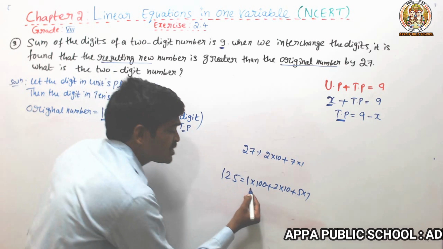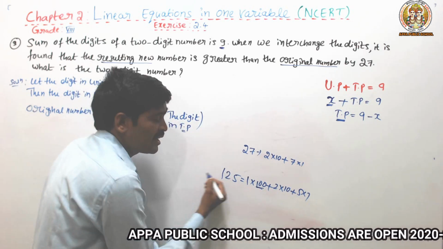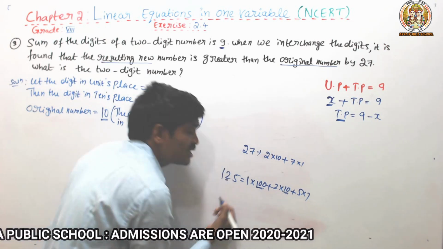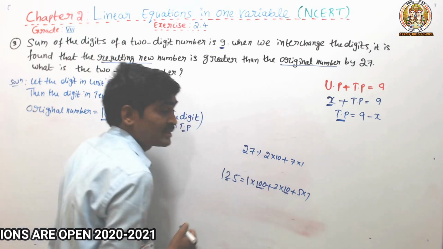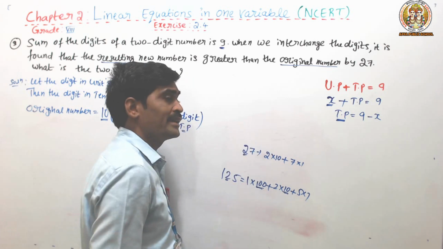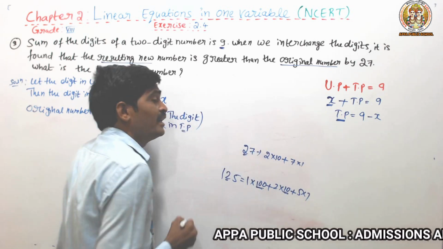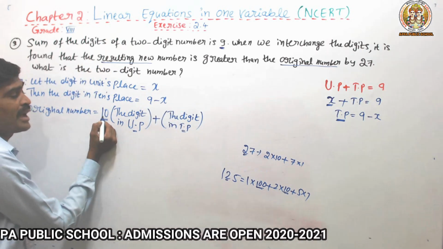I will ask you, my dear students, why do we multiply 100 here? It means we are saying confidently 1 is in the 100s place. Why do you multiply 10? It means you are saying confidently 2 is in the tens place. Why do you multiply 1 here? It means we have to say that unit place. Here also same, and here see 2 is in the tens place, that's why we multiply 10. 7 is in the unit place, that's why multiplying 1. Then same method, here the 2 digit highest place value is 10, that's why we are multiplying with 10.